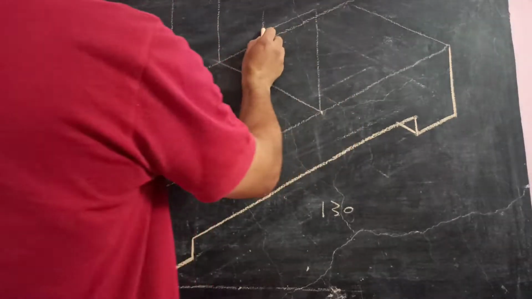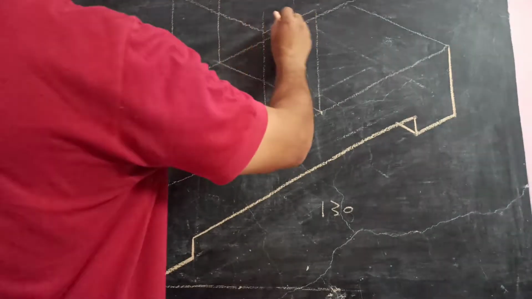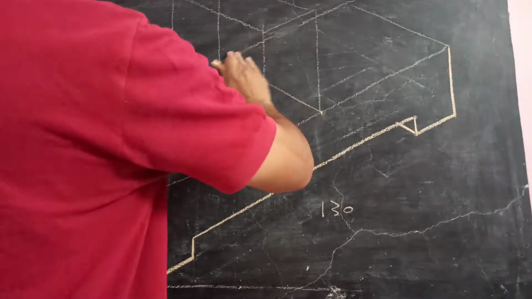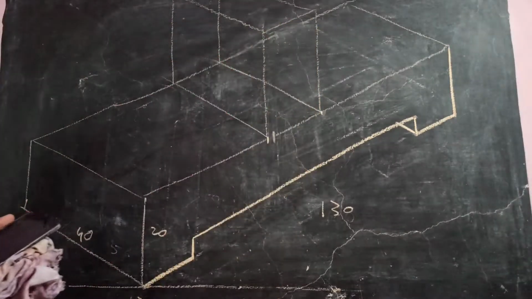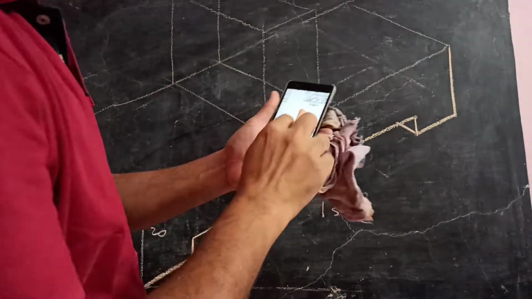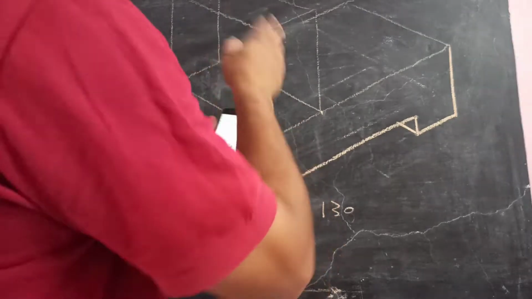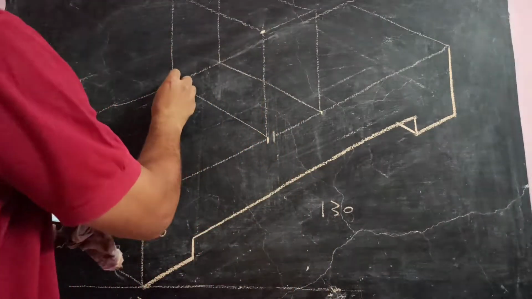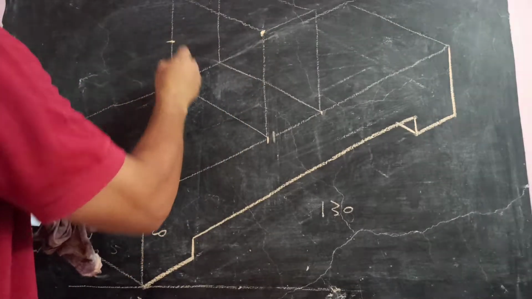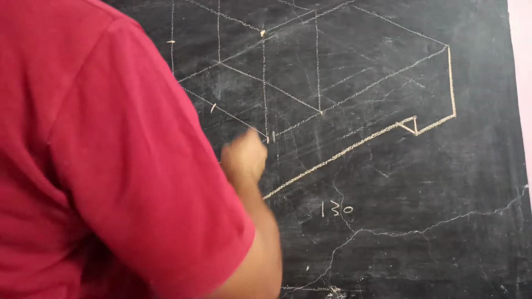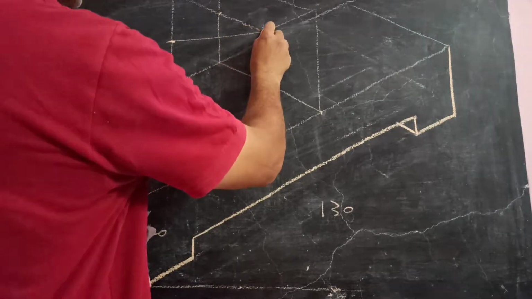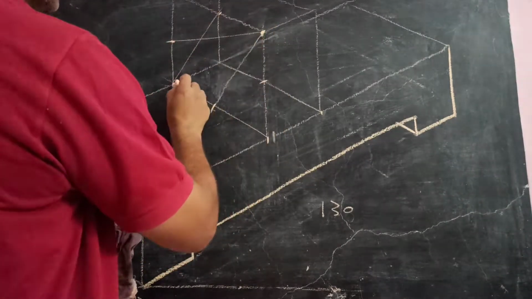So the height is 40. So you can extend all these corners by 40. So we can make it like this. Now here there is a round. You can see it from here. To produce that, this particular rhombus is to be used. This is 120 angle. This is also 120. These are the midpoints of the opposite lines. So from here you can join this. From here you can join this.